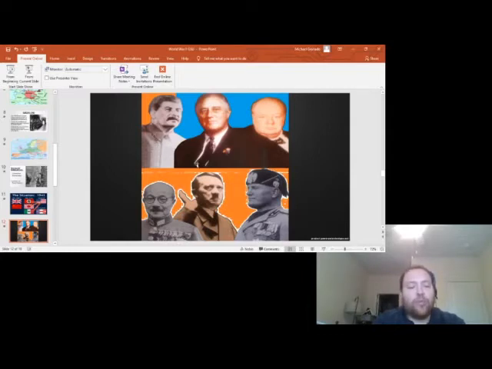Franklin Delano Roosevelt, probably one of the most popular presidents in U.S. history. He was the president who was active at the time during the American Great Depression. He's the president who got the United States out of the Great Depression with his New Deal. There's a whole lot of literature that's been written on Franklin Delano Roosevelt, and he's very important in terms of U.S. history and, of course, in terms of world history.